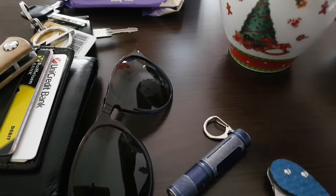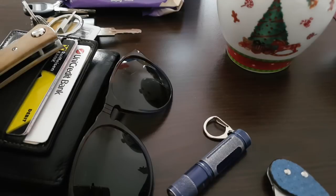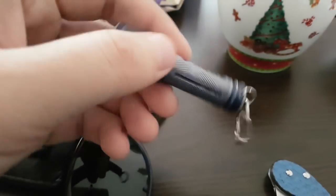So here we have a New Year's theme, a little Christmassy stuff. My idea behind this EDC was to do an update with some of my fanciest, nicest EDC, the things I've been carrying in my pockets for the past year, for 2017. So this is the fanciest and nicest stuff I could get into my EDC that actually worked in the past year. Firstly, this flashlight. I have a fancy brass flashlight,